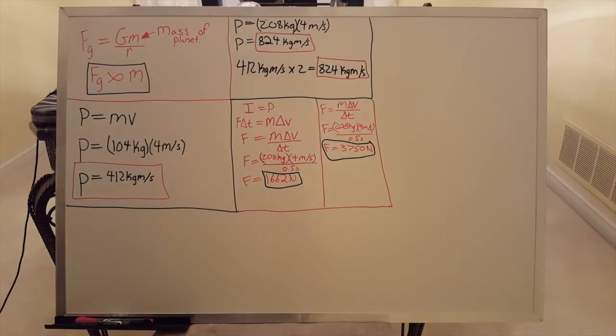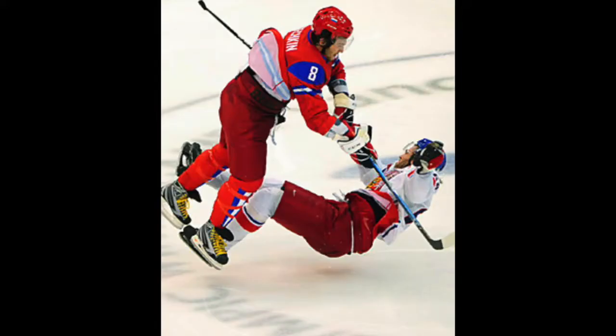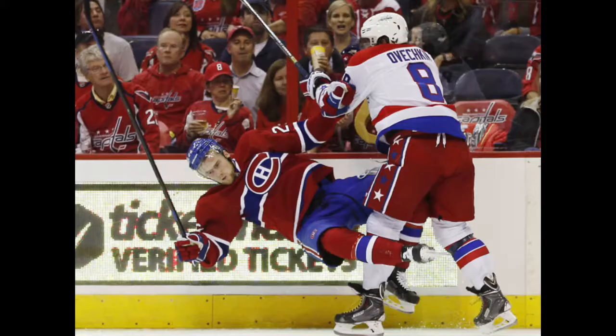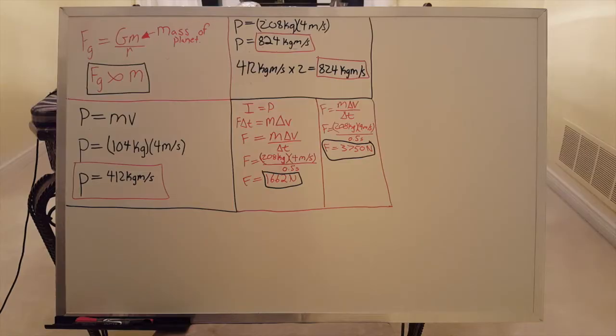This would allow Alexander Ovechkin to check or impact someone much harder. Sounds awesome, right? Not really. Should Ovechkin hit another person stationary against the boards and cause a completely elastic collision, this doubled momentum could be detrimental for both players. If an individual with inadequate equipment were to be hit with double the momentum as if they were on Earth in a completely elastic collision, which lasted half a second, a force of